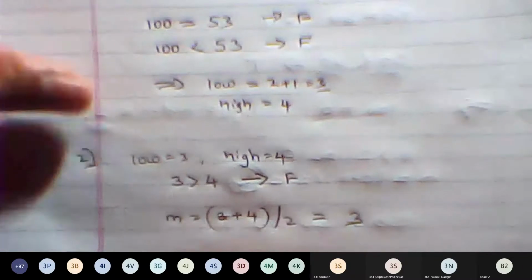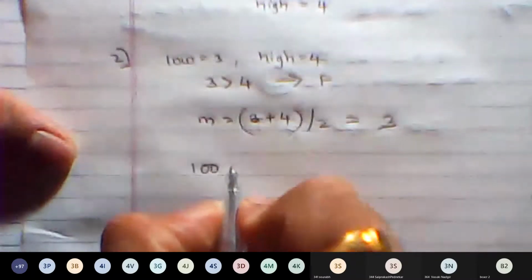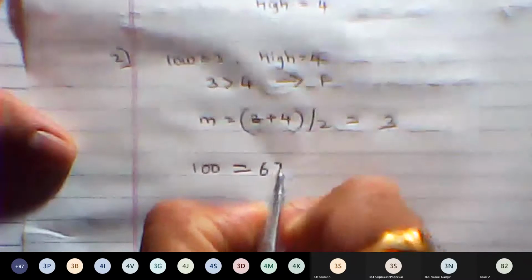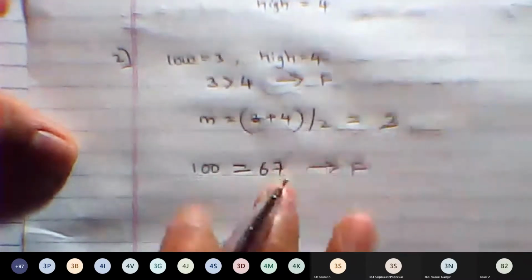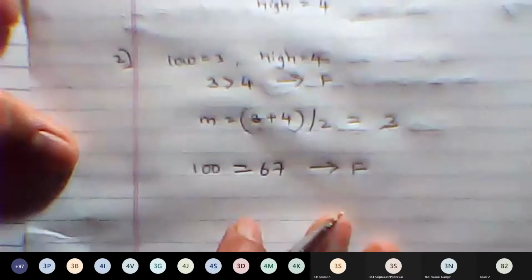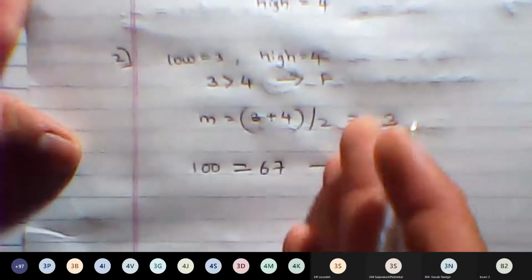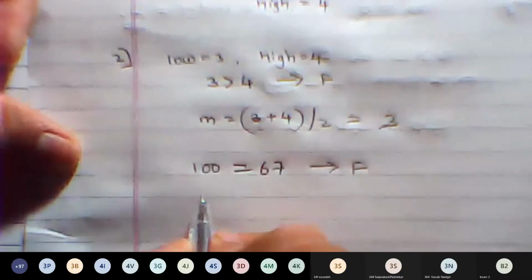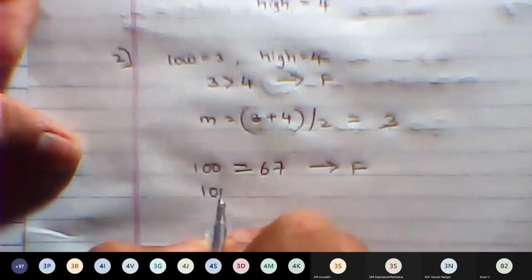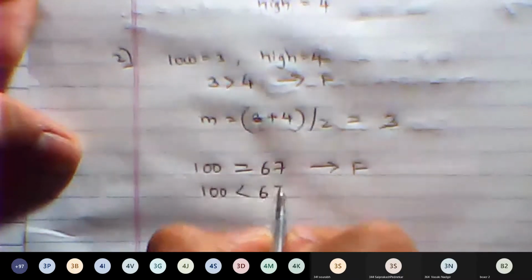So now we compare. Is this 100 equal to 67? The condition is false, which means the element at the mid position is not the element. Now what do we need to do? We need to search either on the left side or on the right side. How can we decide? Based upon one more condition: is 100 less than 67?